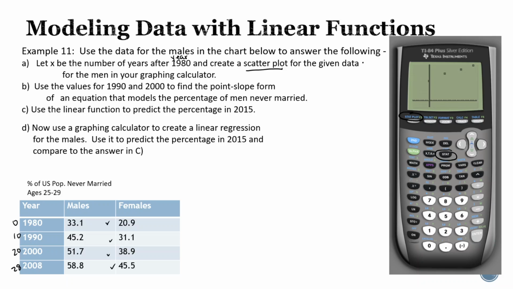Now we notice that it looks like I could draw sort of a line through them. And so part B wants us to actually find the equation that would model the data. So I'm going to write my points. In 1990, that's year 10. And in 2000, that's year 20. And if I find the slope between them,